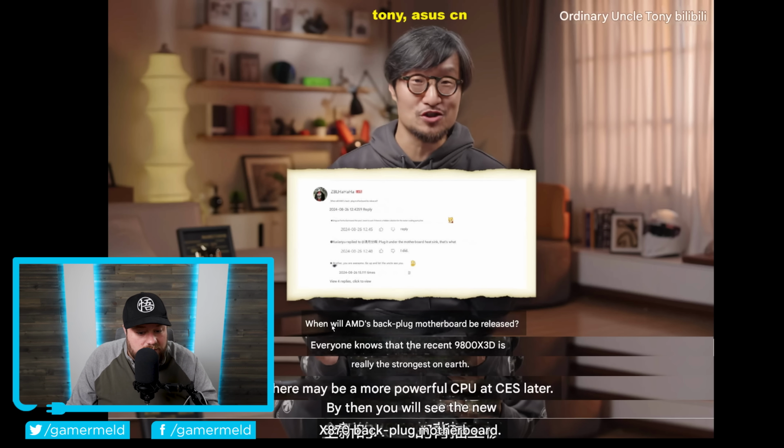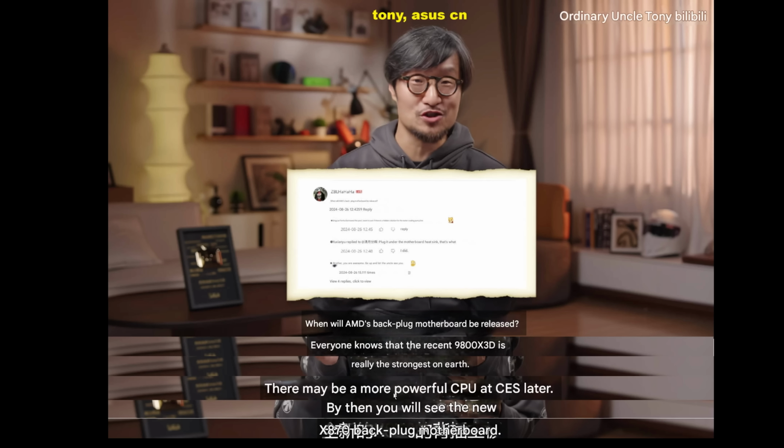It's asked, when will AMD backplug motherboard be released? Says everyone knows that the recent 9800X3D is really the strongest on earth. There may be a more powerful CPU at CES later. By then, you will see the new X870 backplug motherboard. So the rumors claiming that AMD is set to release more Ryzen 9000 X3D chips at CES looks to be